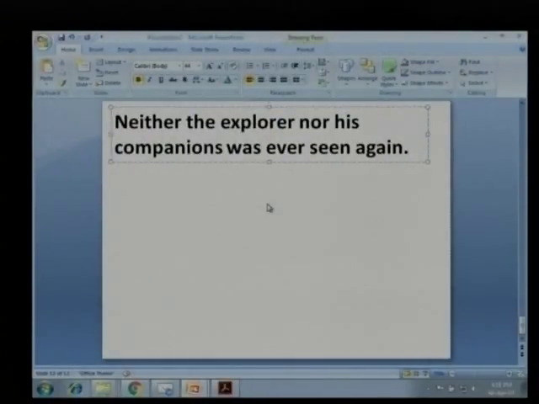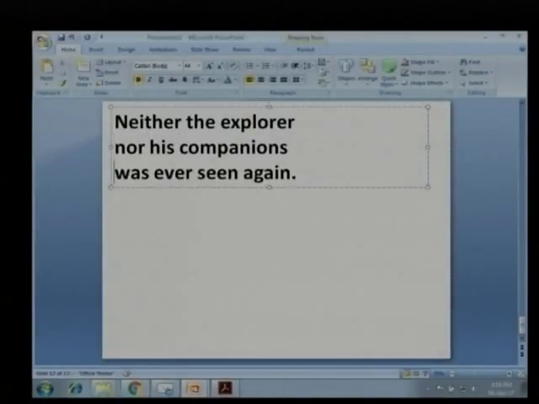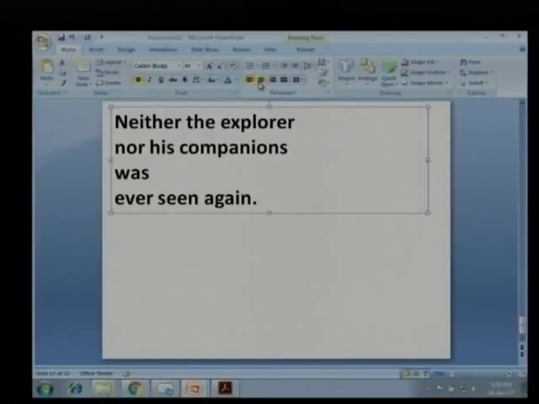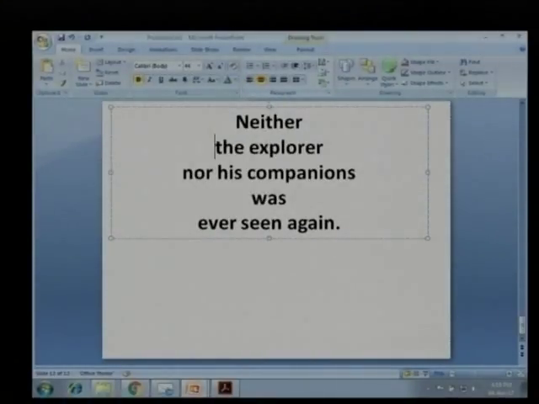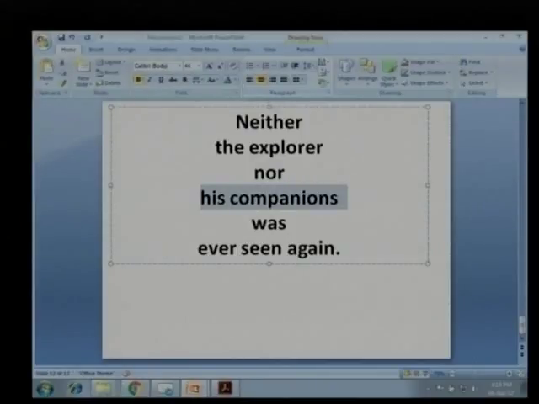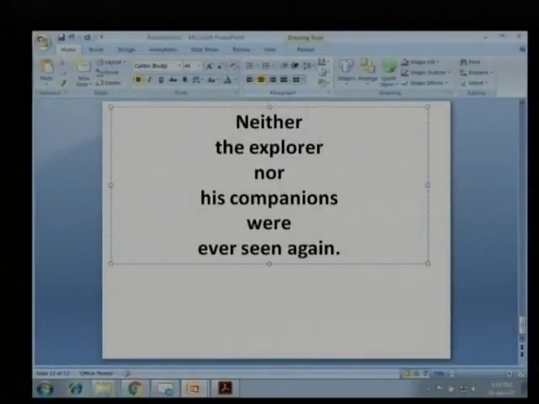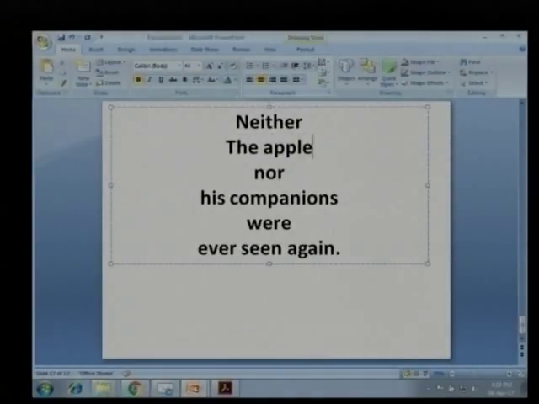Neither the explorer nor his companions was ever seen again. So let me bring it here. So neither the explorer, this is a singular form, nor his companions. Now this is plural form, but I am saying nor, neither nor, which means I am joining both. So I will use a verb form. Neither the explorer nor his companions were ever seen again. Let me change the sentence. Neither the apple